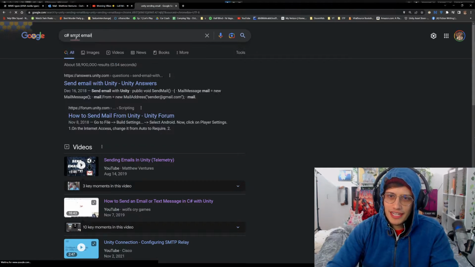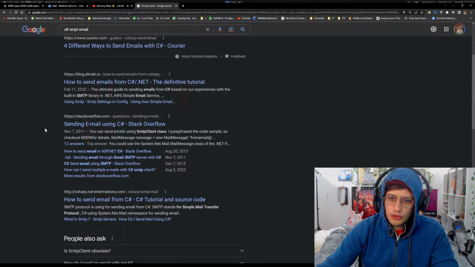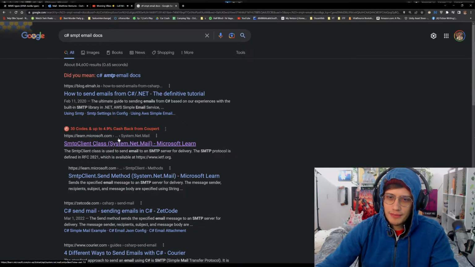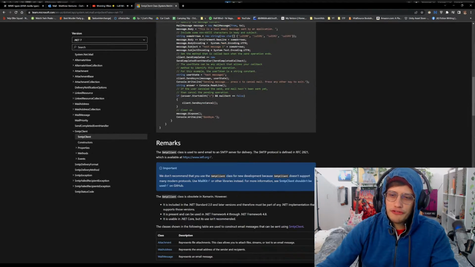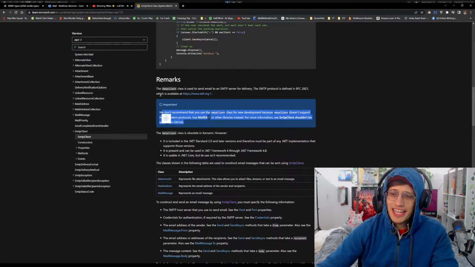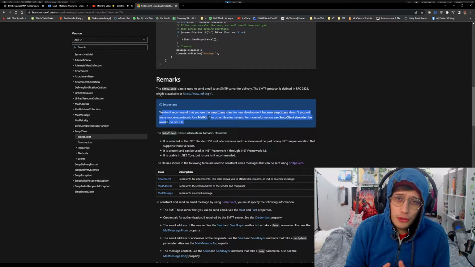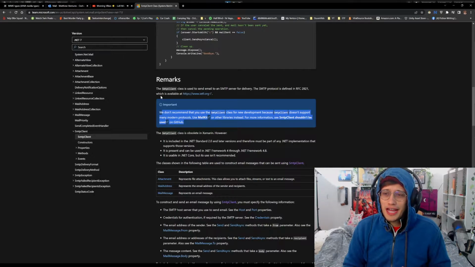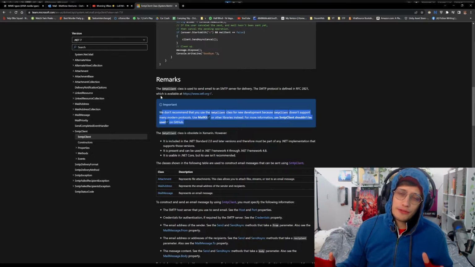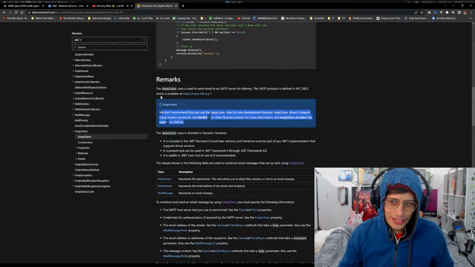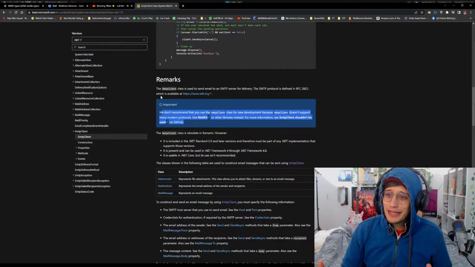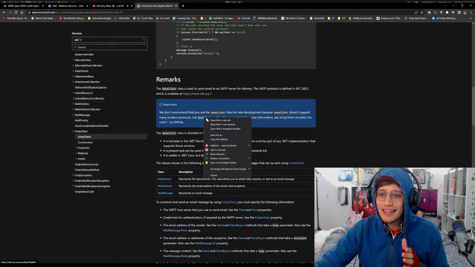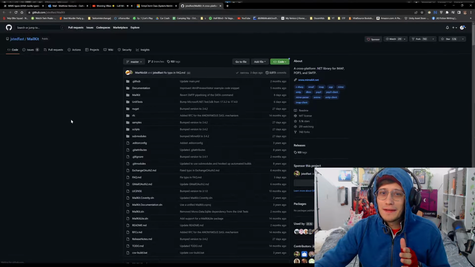SMTP email sending. If you go to the actual documentation now for Microsoft's SMTP, here it is. You'll find in the remarks section they say we don't recommend you use our code because it doesn't work. Microsoft is saying their own stuff doesn't work, which is definitely embarrassing, since instead the official docs are recommending you go to this random guy's GitHub account,